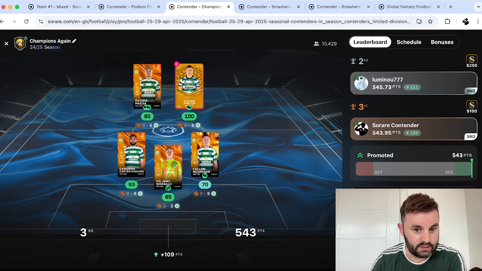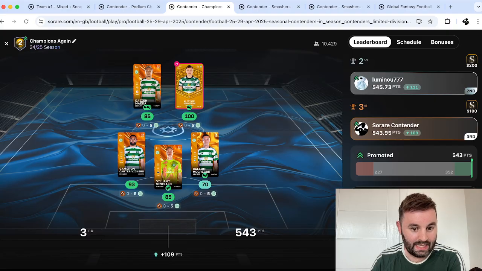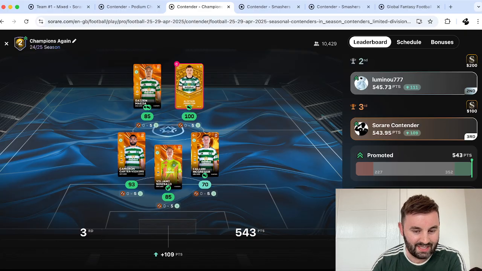Dyson with 2 assists, captain Alistair Johnston for a 100, Callum McGregor with an assist as well, and a clean sheet for Sinisalo, filling in for Schmeichel, and Carter Vickers in the 5-0 away victory against Dundee United. So I think the team that pipped me into second place had the same team, possibly captain Carter Vickers instead,